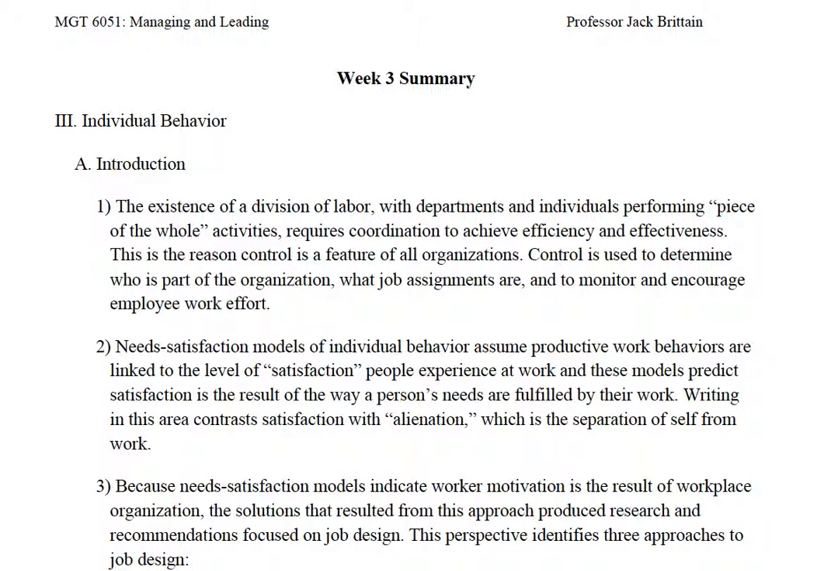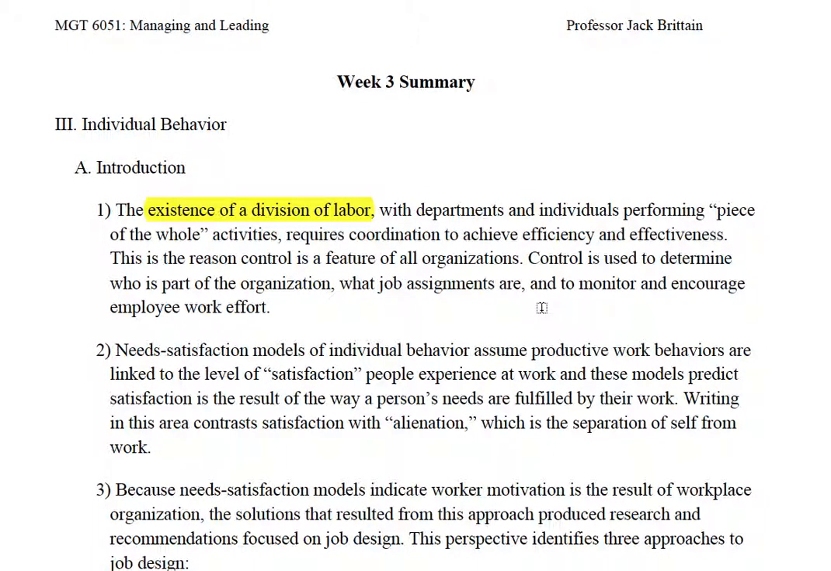In this week's class, we began talking about individual behavior in organizations. We first introduced the topic by talking about the division of labor that exists in organizations. That for us has been a defining feature of complex organizations, and the focus of the class is managing and leading in organizations. And so that puts us in touch with inquiring about how do we effectively manage within